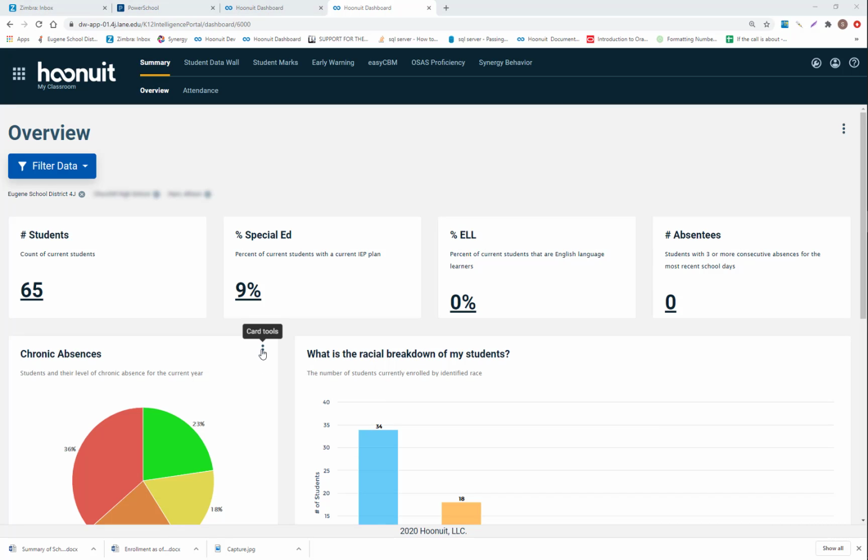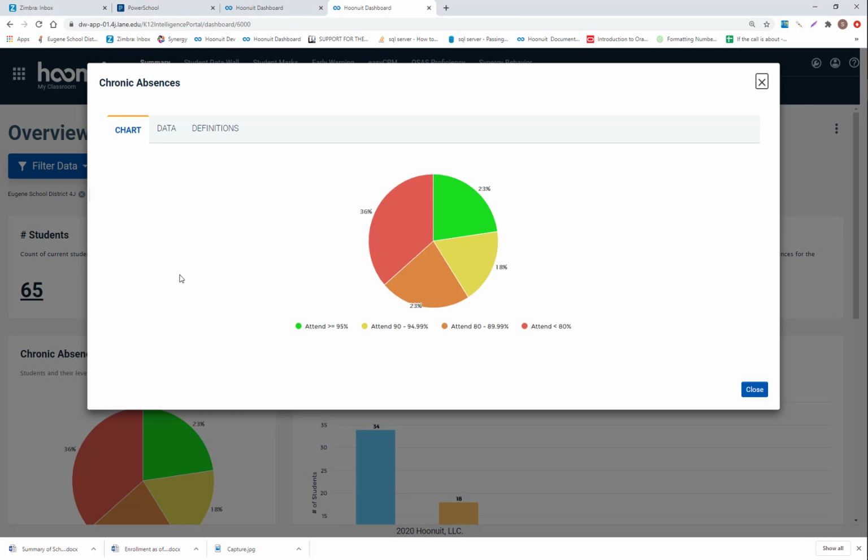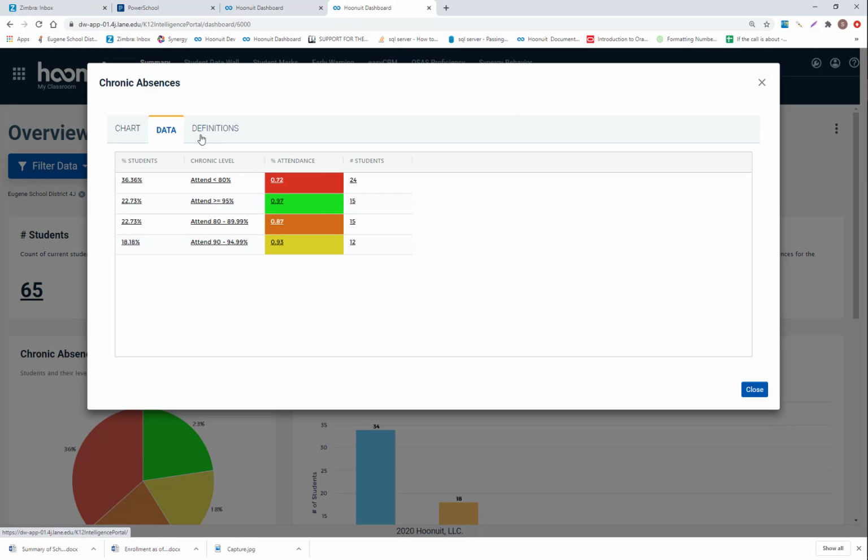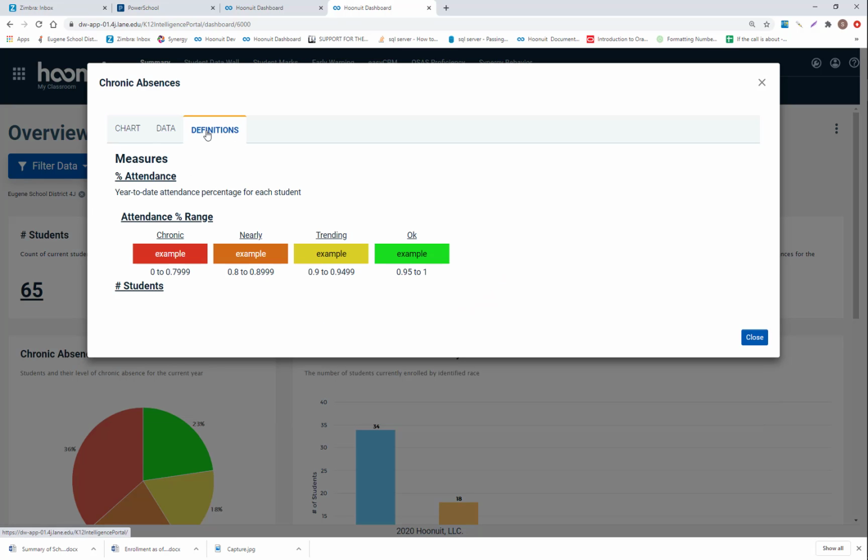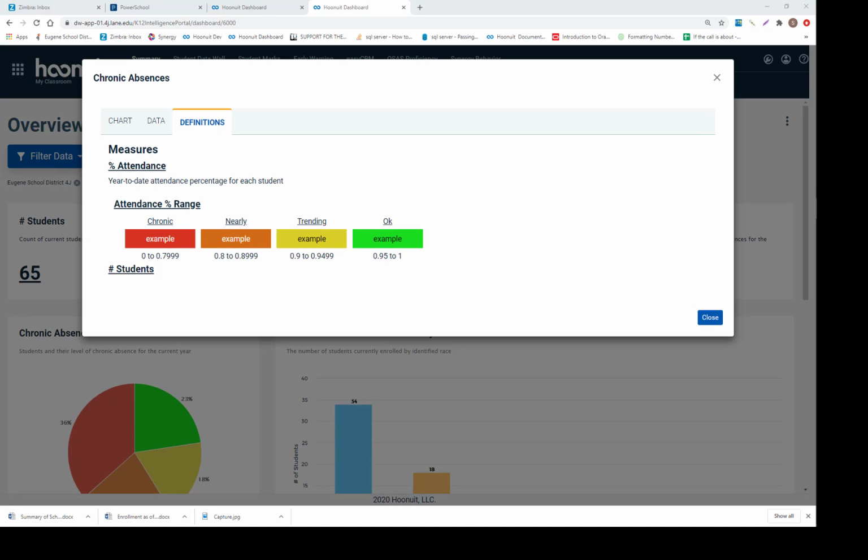The final menu item is the pop-out window, where you can view an enlarged version of the chart, see the data in a table, and view the definitions for the metric. The definitions are where to go if you're not entirely clear on what a chart is actually displaying. We're working on making these definitions clear and explicit, but please let us know if something is vague or potentially